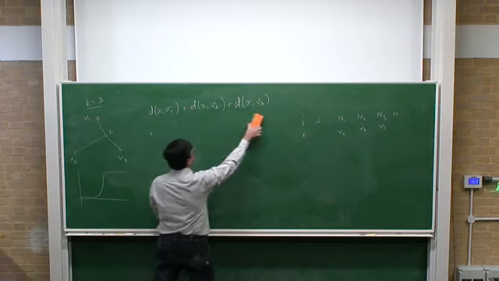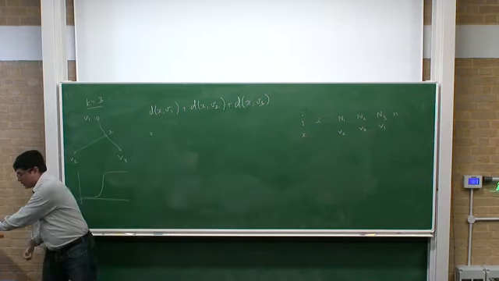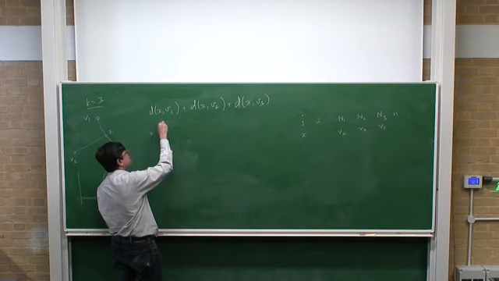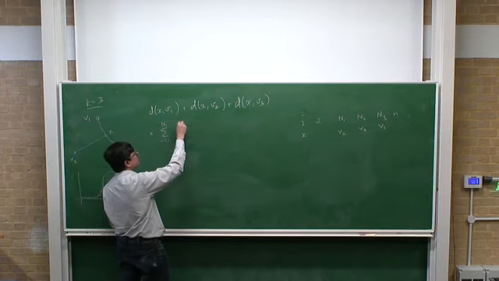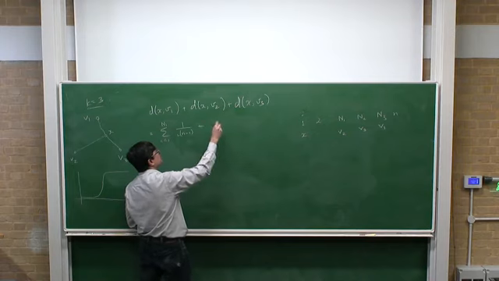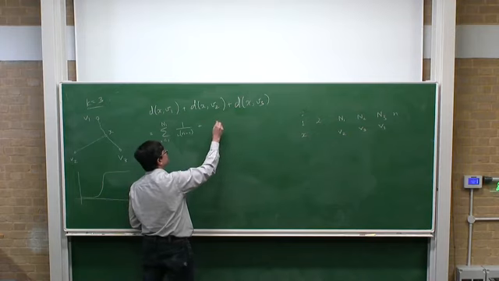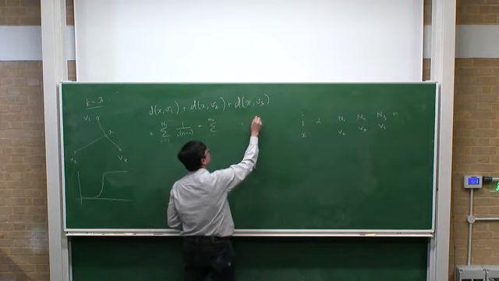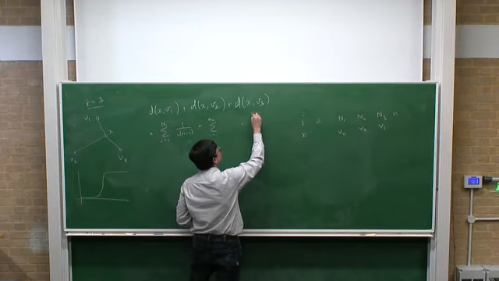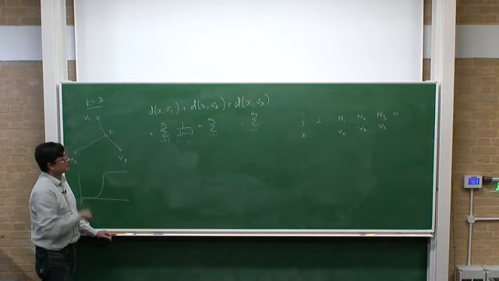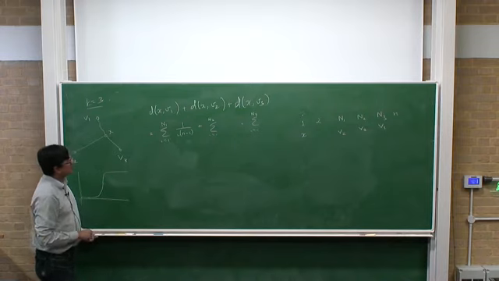This is going to be the sum for i equals 1 to n1 of 1 over i times (n minus i), plus the same for n2 and n3. And this gives us